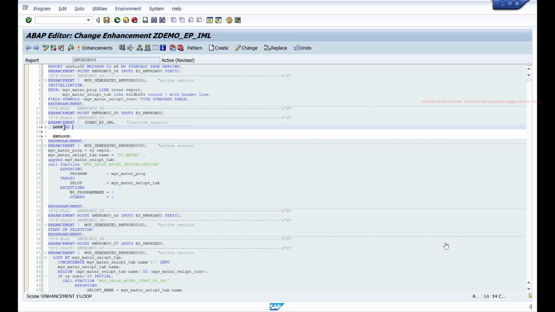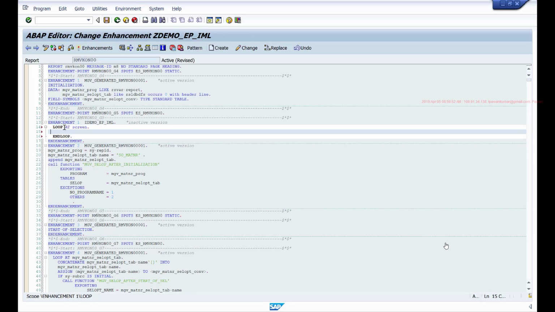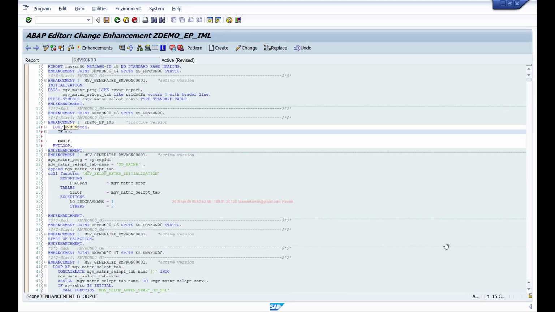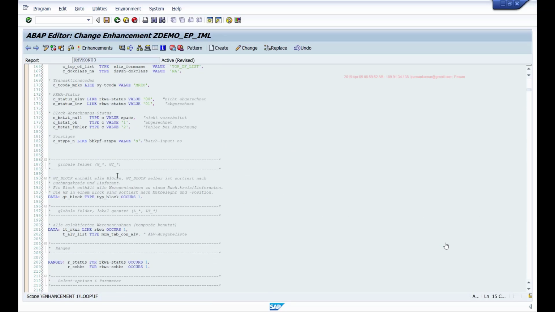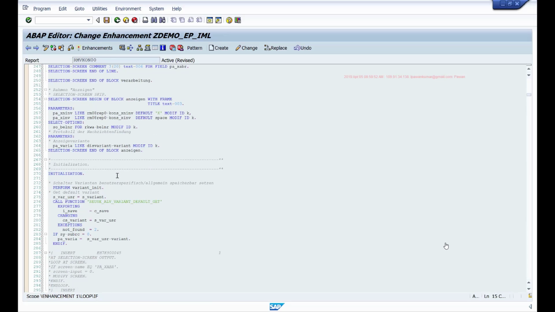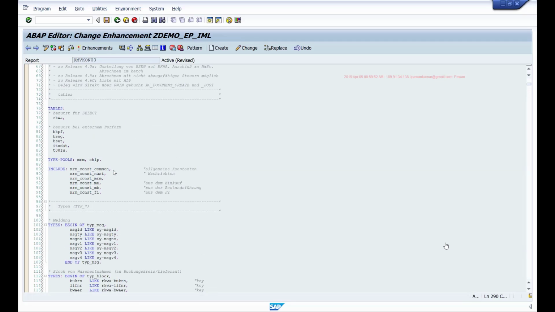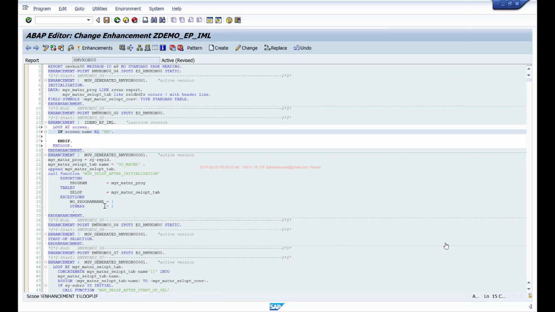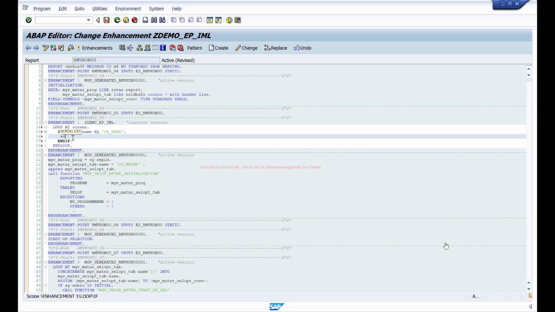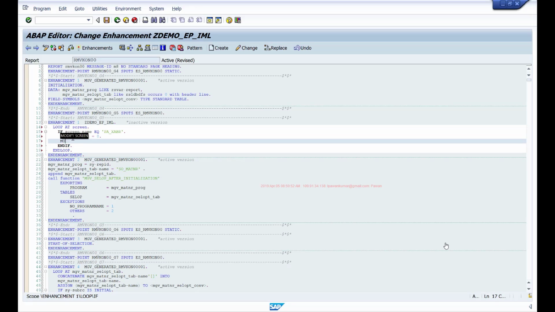So I'll say loop at screen, if screen-name equals to, we have already written the code when we modified it, so the screen field name is PA_XABR. Screen-input equals to 0, modify screen.